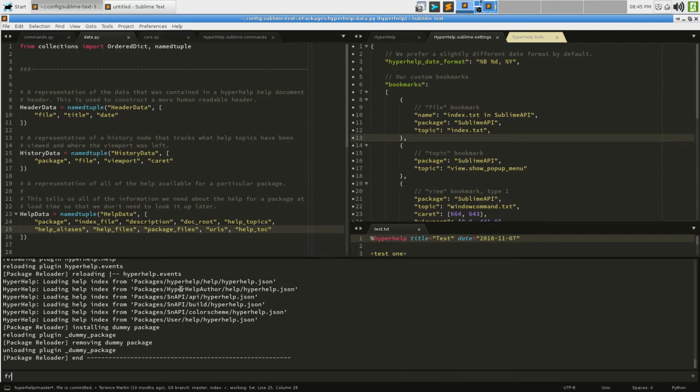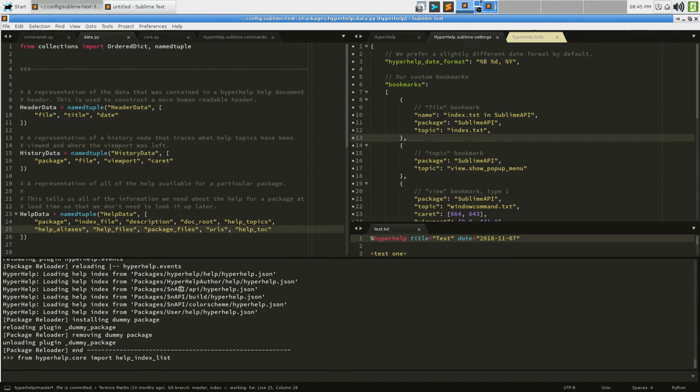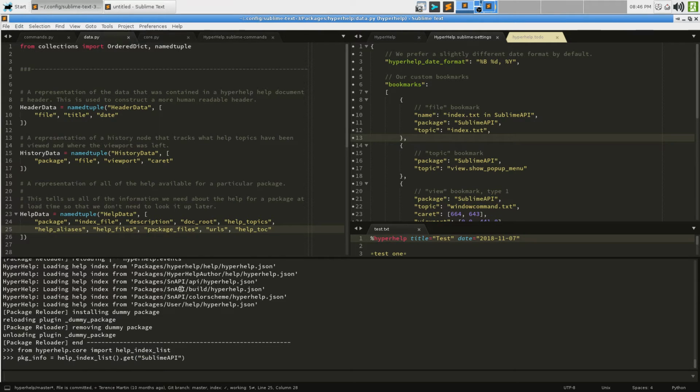So let's see. From hyperhelp.core import help index list as a function. And then package info is equal to help index list get Sublime API. So package info is now the information for that, and help files is package info.help